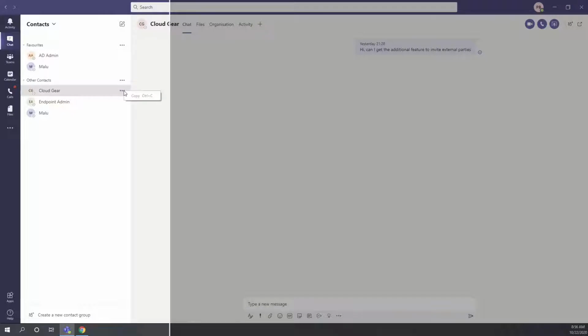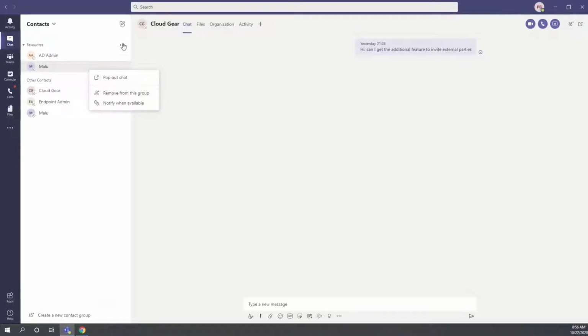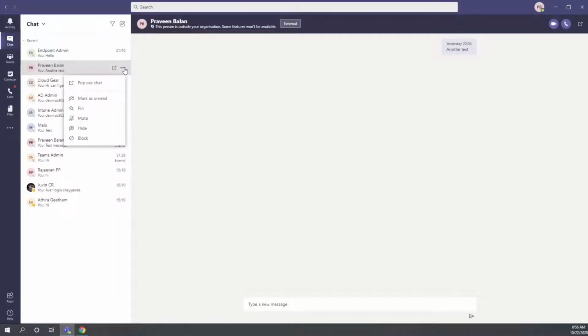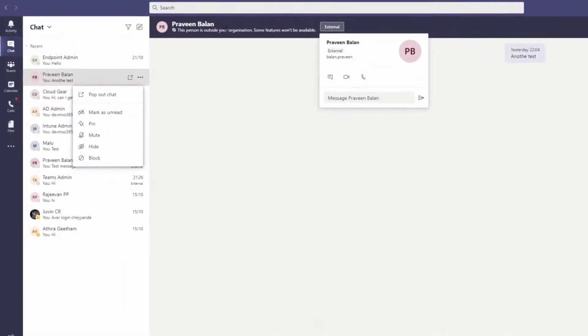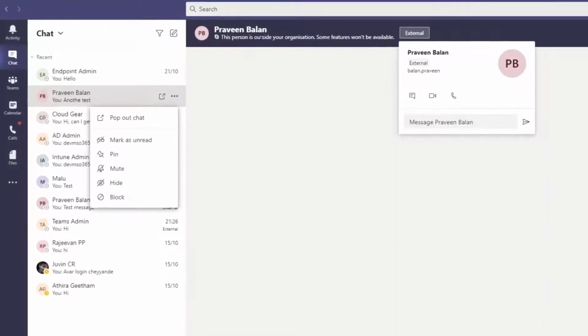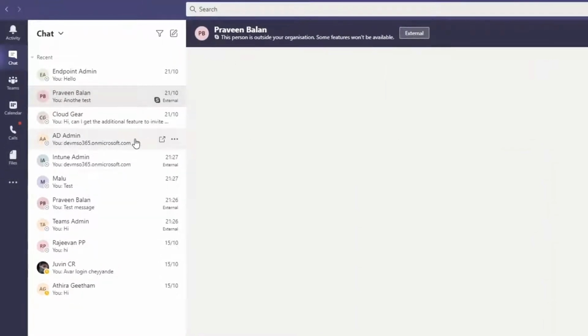If you click on the three dots button, you also have some options based on the panel that you are in. Now you're in a filtered panel of contacts, so you can remove people from the groups if you find those people are not important, and also get notified about a person who is currently offline. And as you have seen, we have an option to add people who are not part of our organization if it is allowed by the enterprise policy.